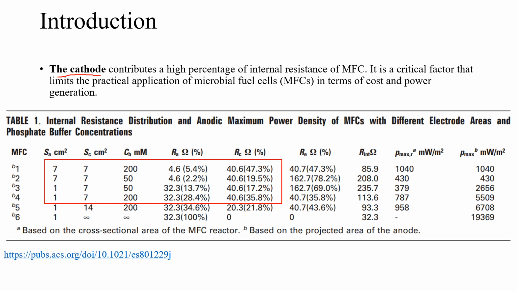So it is a critical factor that limits the practical application of microbial fuel cells in terms of cost and power generation. As we can see in the table below,